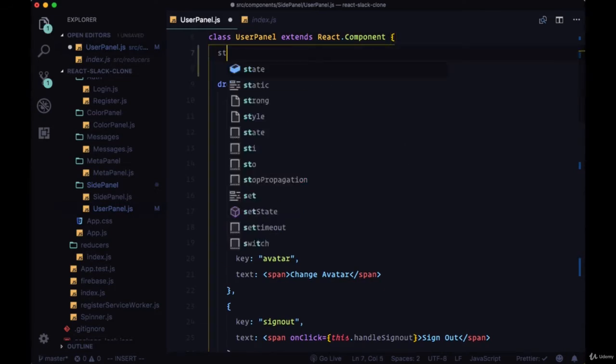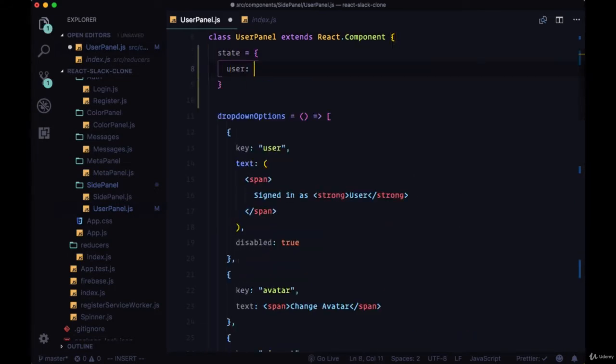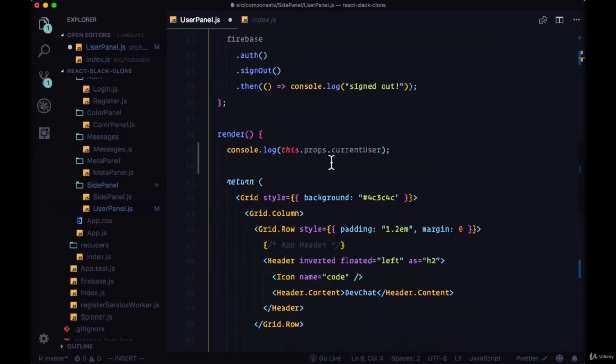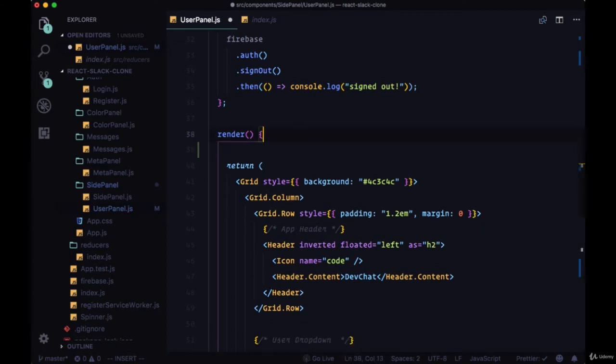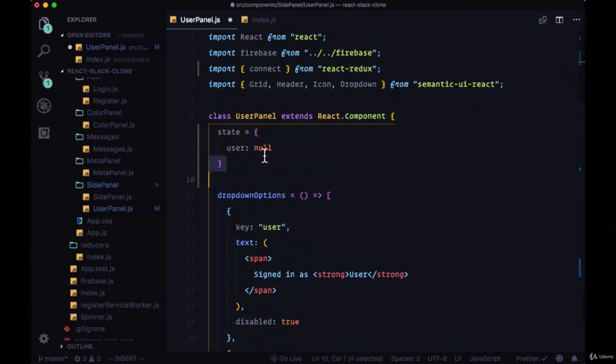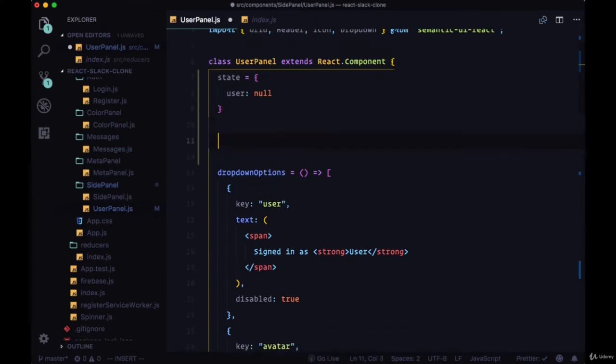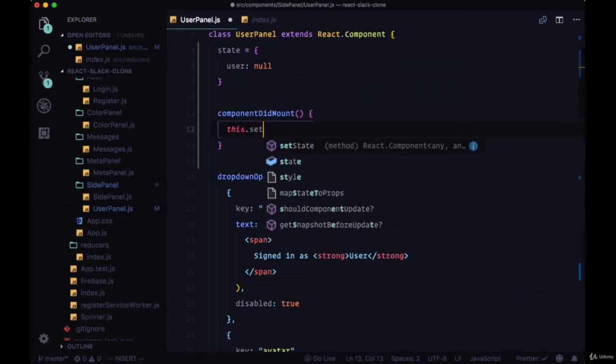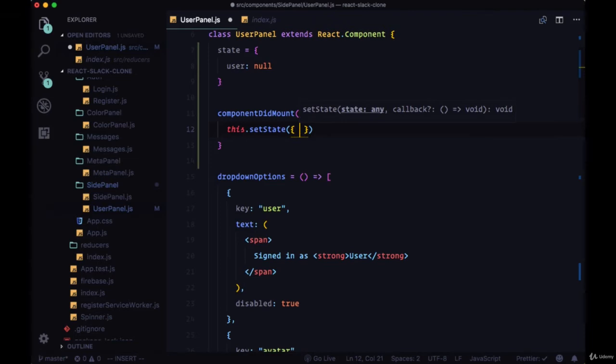But to get the username value within our dropdown, we can create a state object where we have this user property. Instead of logging the value within render, to update the state object we can't do it from the render function. We need to create a lifecycle method such as componentDidMount,